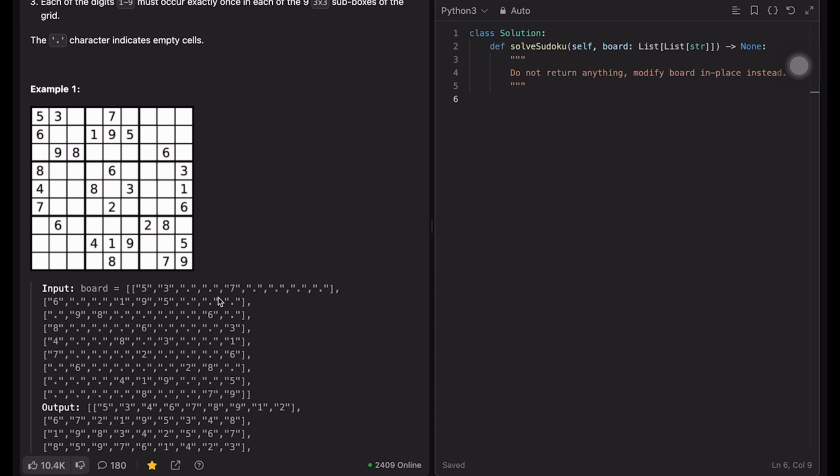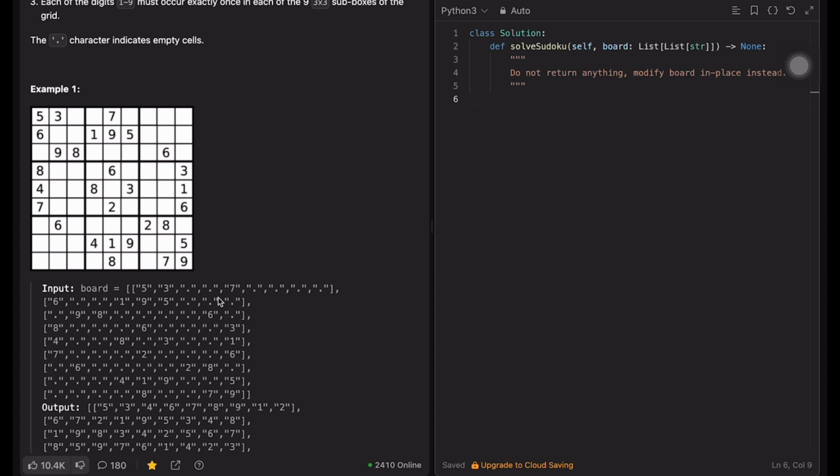Now just take a look. I hope that if you solved the valid Sudoku yesterday, it will be very easy for us to implement the Sudoku solver now. If you didn't solve yesterday's question, I recommend you go and solve it. And if you find it difficult, please check out yesterday's video, which will give you the basic idea of how we first check a valid Sudoku, and now how we are going to implement the Sudoku solver.